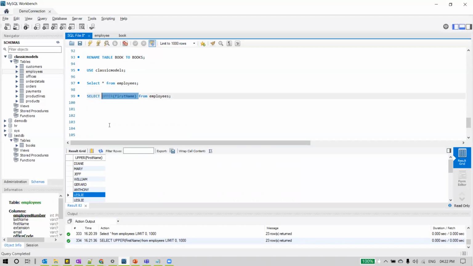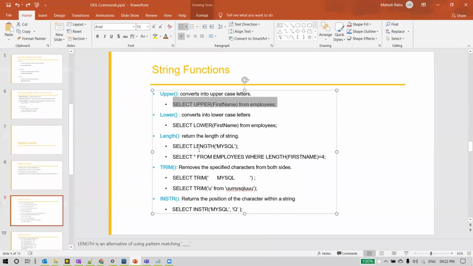So how the first names look when we use the function upper, we can use this select statement. And if we wanted to modify the data also, then that's a different requirement. Then we would have used the update command. But now we just wanted to know the functionality of this upper function. That's the reason we are using the select command and the upper function and passing a parameter called first name to this upper function. And we can clearly see the data here. The data is turned into all uppercase letters. So this is the use of the upper function.